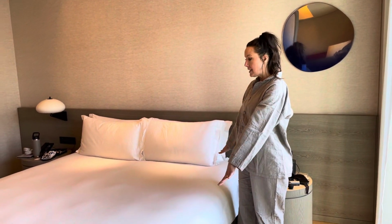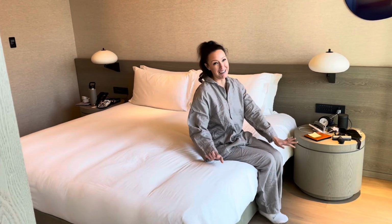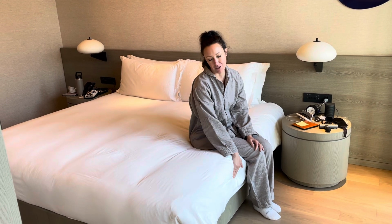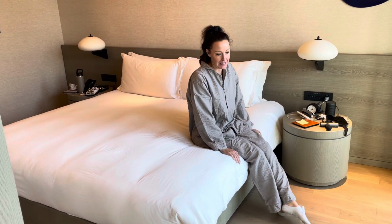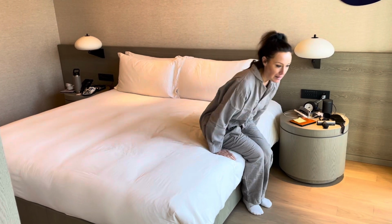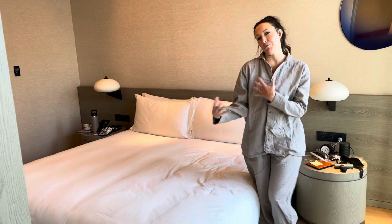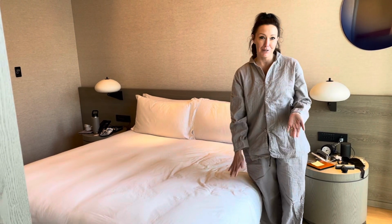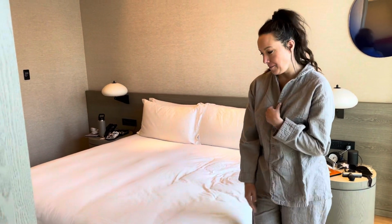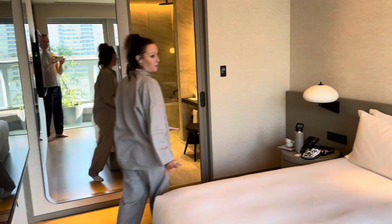And then in here is a king size bed, and what I will say is that the bed is super firm, like no bounce at all. We did call housekeeping or the front desk to see if there was anything that they could do to make this less like sleeping on the floor, because it's that firm. And they came in and they put 3 duvets on the mattress itself. It makes it more plush, but it doesn't necessarily make it softer. So that just might be our Western ideal, is to have a softer bed, but nonetheless, a very comfortable, beautifully